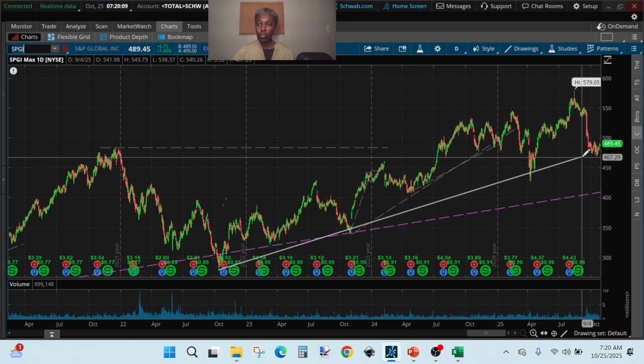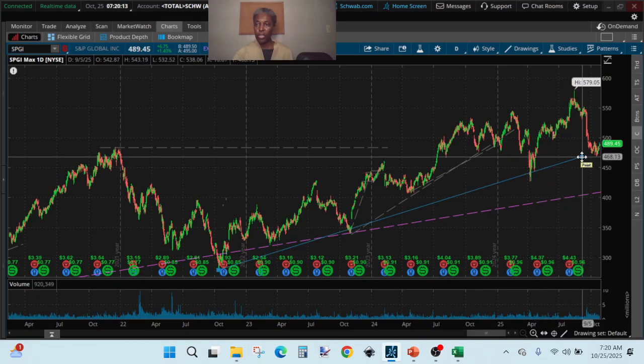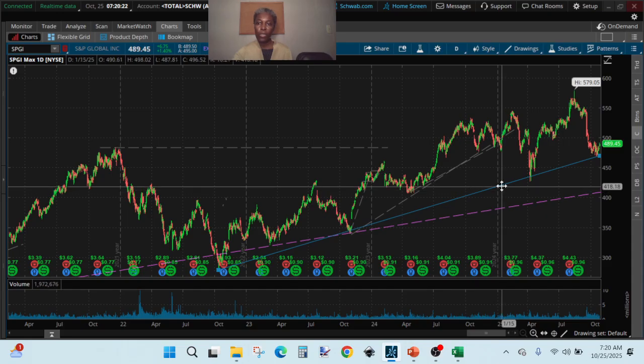But we could just say that it's trying to rest on this support line here. So whether it's going to rest on that support line and go up from there, we can adjust the line a little bit. This support line will just be a support line supporting the upside wall of the mountain, because